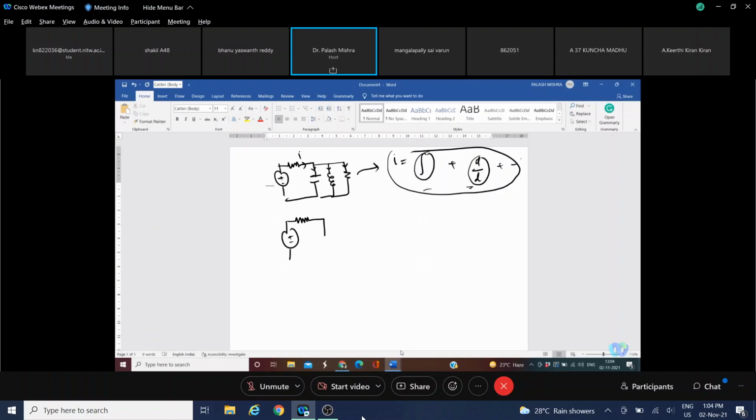Otherwise, if nothing is mentioned, you can solve the AC question using any kind of analysis, whichever you are comfortable with. But from my side, it is always better to use the Laplace domain, because that will simplify your integral and derivative parts, so your answer will come at once. So with this, the Laplace transform is almost over.